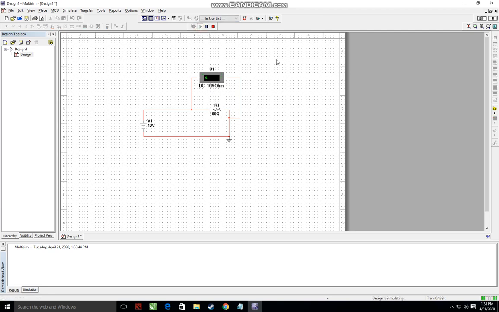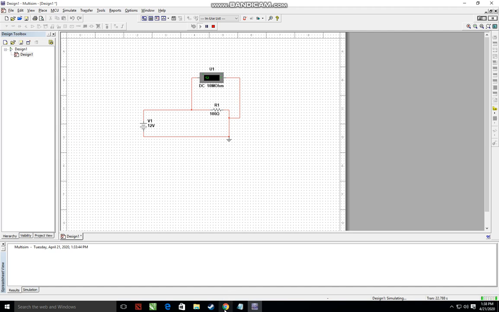Let's simulate. See, now the current is flowing in this direction, and all the voltage is dropping across this, and then the current will sink in the ground. So it is very simple. Any circuit you can make in this software. It is very useful for all of you students. I'm suggesting that you use this software at home, because of the bad situation in the current, you can see, due to lockdown.